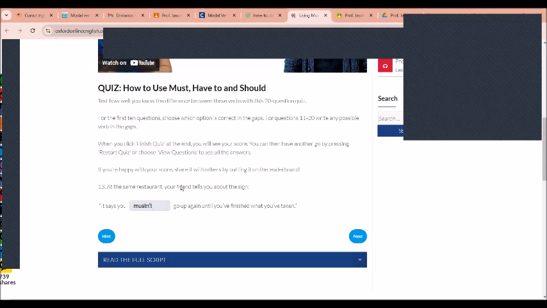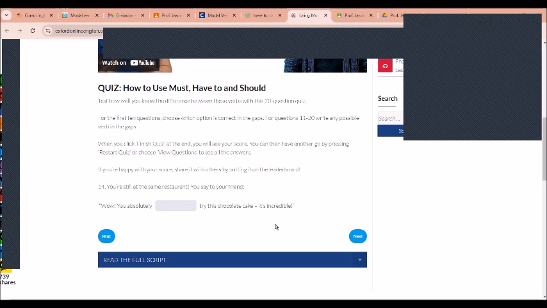You're at the same buffet. All right. Repeat. It says you mustn't go up again until you have finished what you have taken. All right. And yes, if you hear shouldn't, guys, when people speak, it's generally because they don't want to be rude. They're trying to be more polite. So it's very common to hear people use shouldn't instead of mustn't, but mustn't is for obligations. All right. Practice using mustn't.